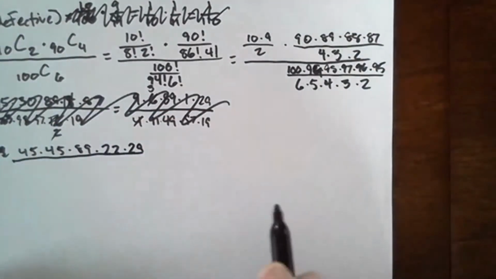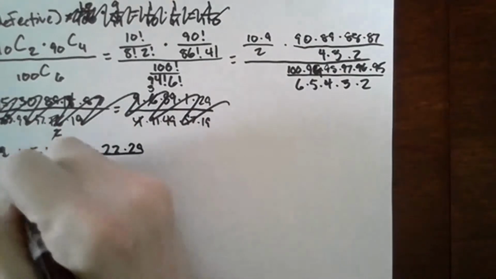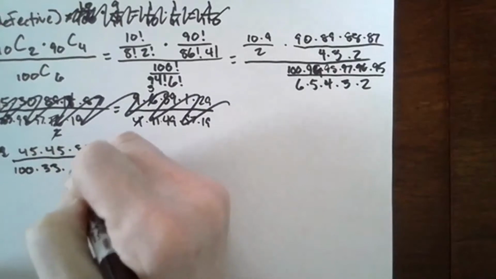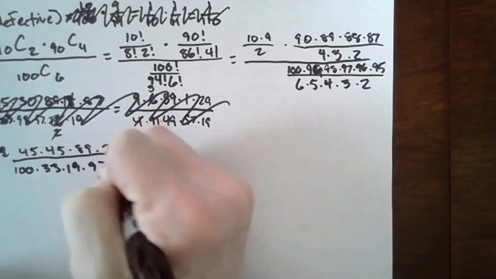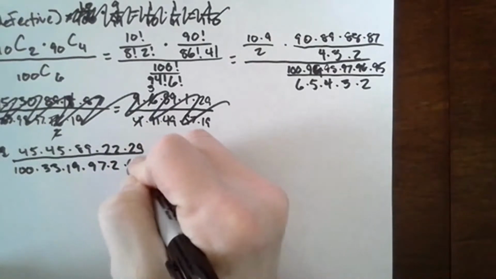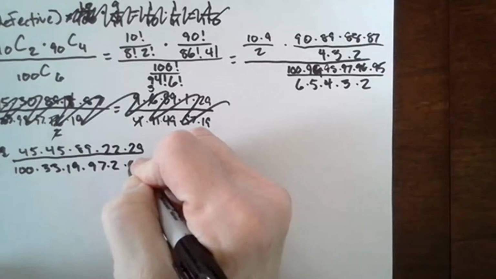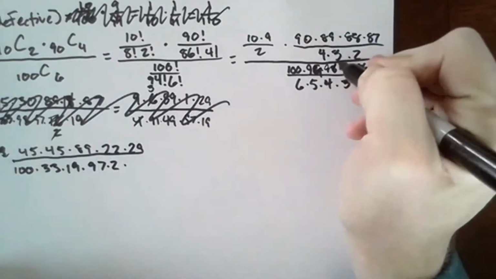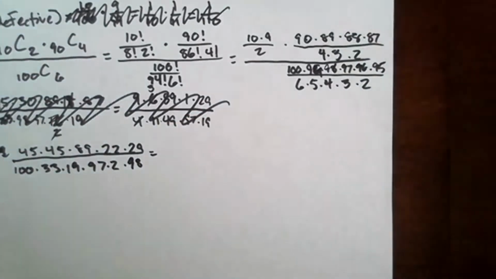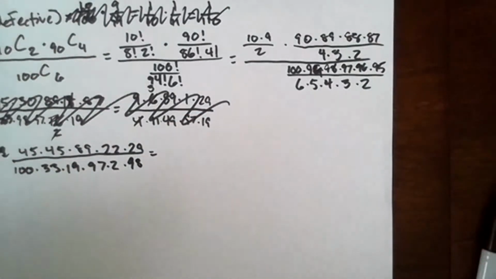Over, and in our denominator, we have 100 times 33 times 19 times 97 times 2 times, or was it 98, yeah, 98, there we go. Okay, so when we multiply this all out, our numerator becomes 45 times 45 times 89 times 22 times 29,